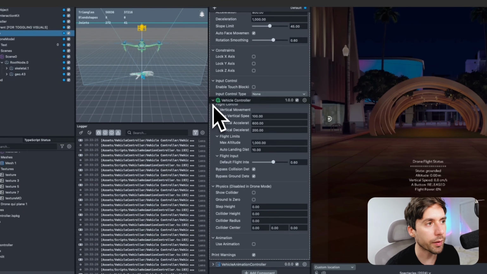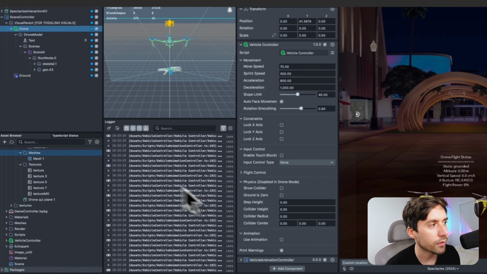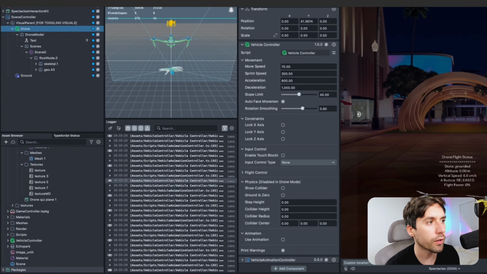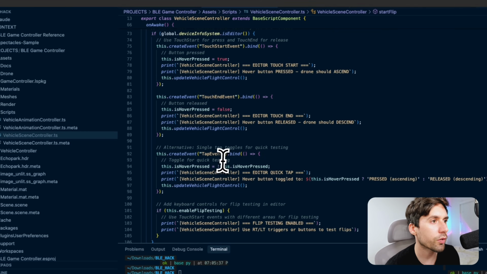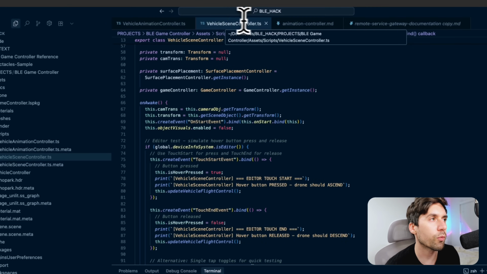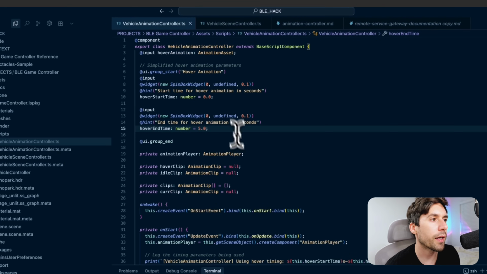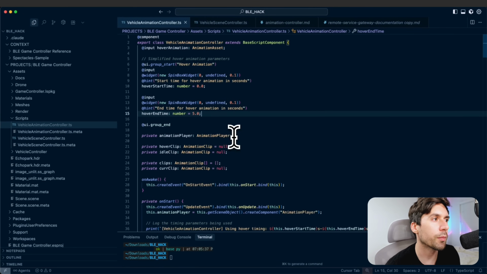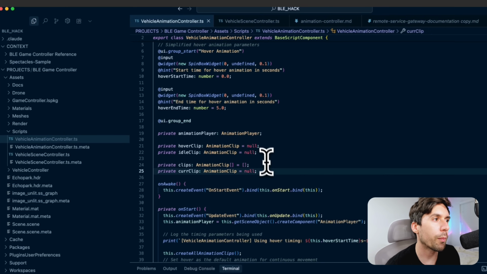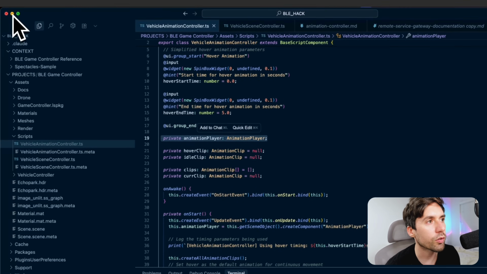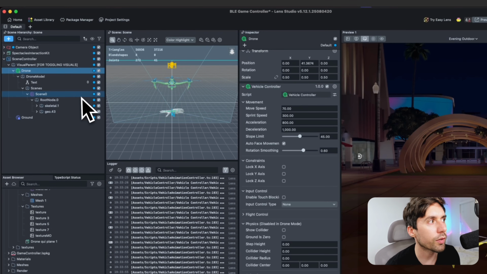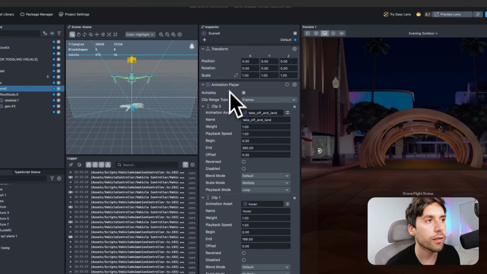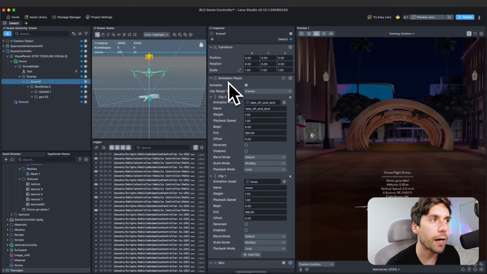But really, the most important part that you need to know is that scene script, which I just showed before. So let's go back in Cursor, and this main scene is the one that you will need to modify. Then I want to spend also just a moment on the animation controller. The animation controller gets animation clips and then it plays it with the private animation player. When you see private animation player, this can also be done without script. So it's basically this component here, which I'm just invoking and creating privately instead of having it exposed on the